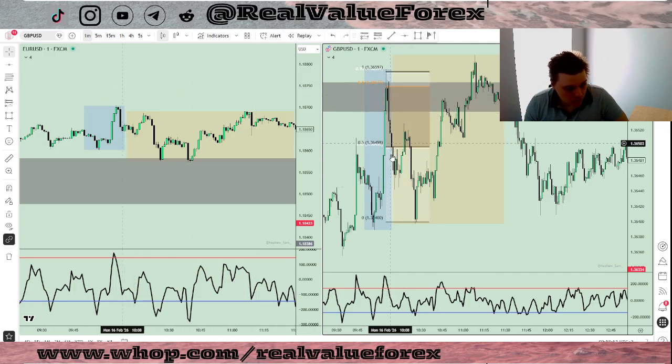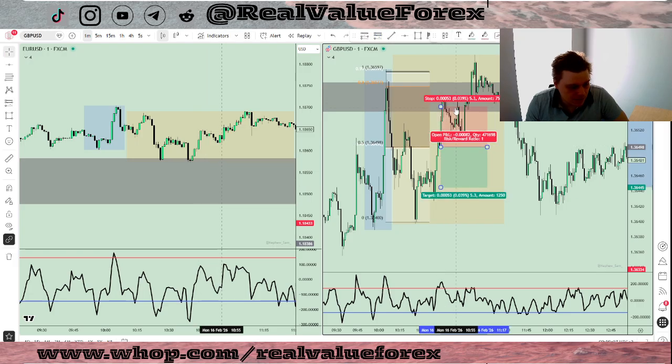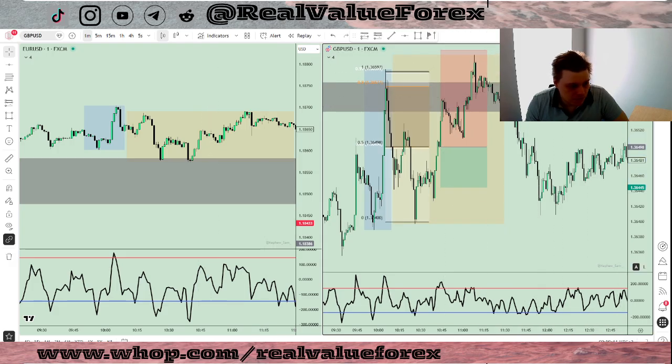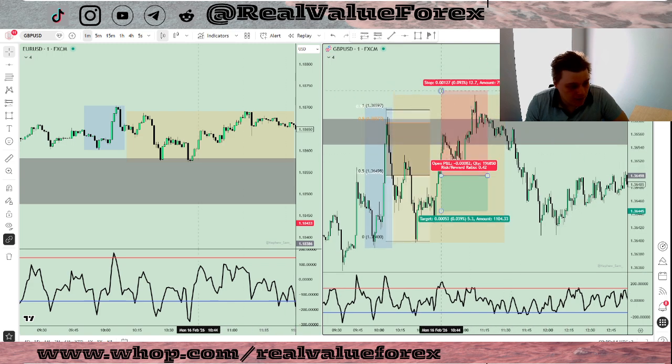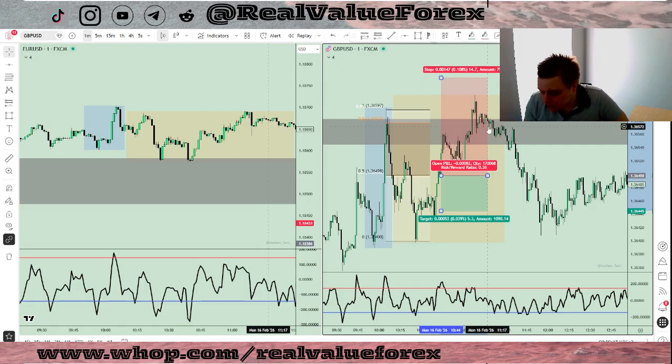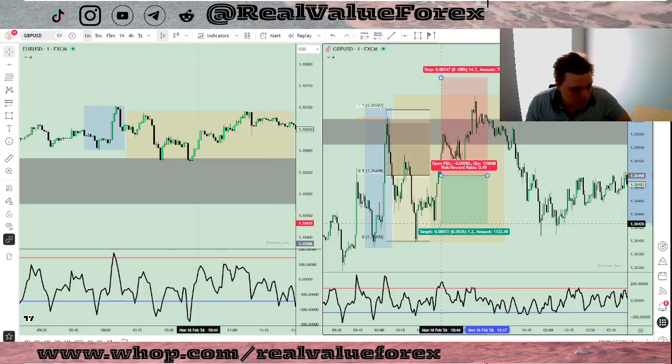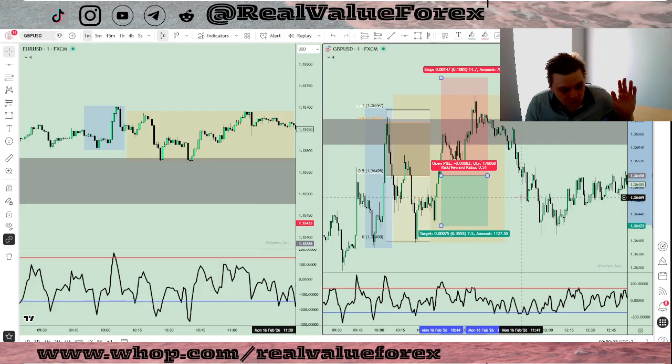Also, I drew this 50% in here. That would have been take profit, because here 50% was hit. Actually in here that would have been a better entry, but even in here 50% was hit. Since it was GBP/USD, we need 15 pips. Now you can see as well why we need this 15 pips stop loss, because we are correct there, but we need a little bit more space to play around. So 7.5 pips would be take profit 1, just provisionally, let's say.